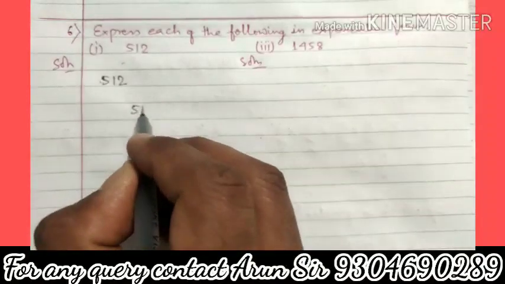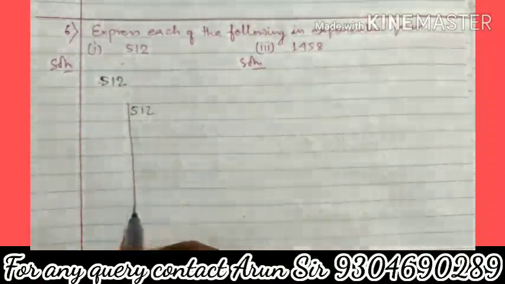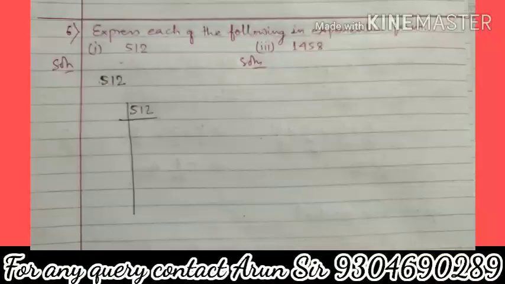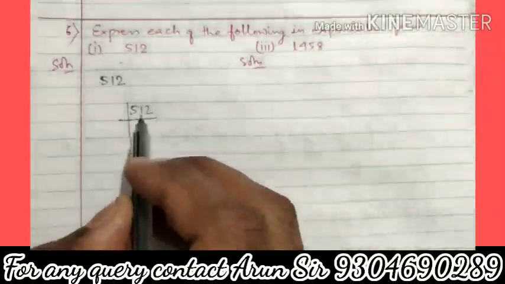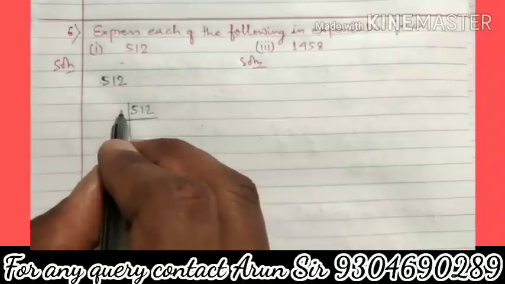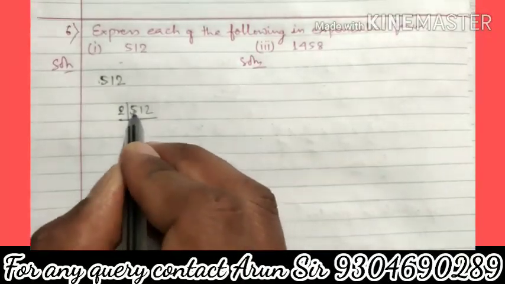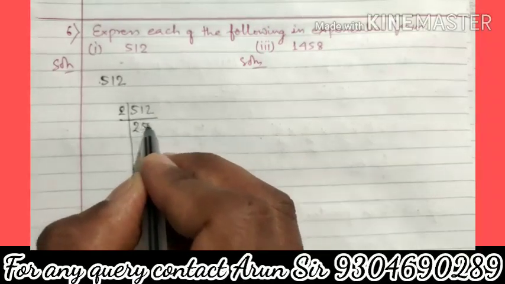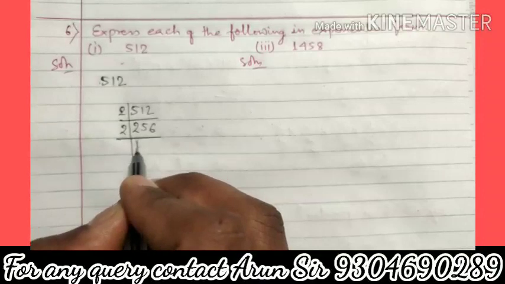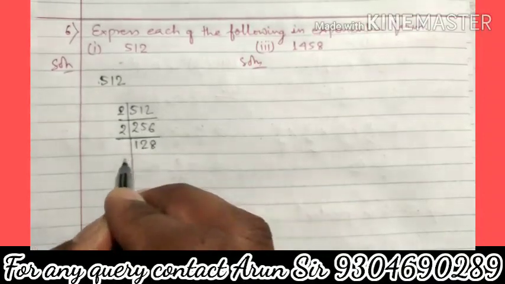First what we will do, we will factorize this 512 starting from 2. If it is divisible by 2, we can divide it by 2. Yes, we can see that 512 is divisible by 2. We will divide it by 2. 2 2 ja 4, carry 1, 1 1 11, 2 5 ja 10, carry 1, 2 6 ja 12. In the next step, 2 1 ja 2, 2 2 ja 4, 2 8 ja 16.